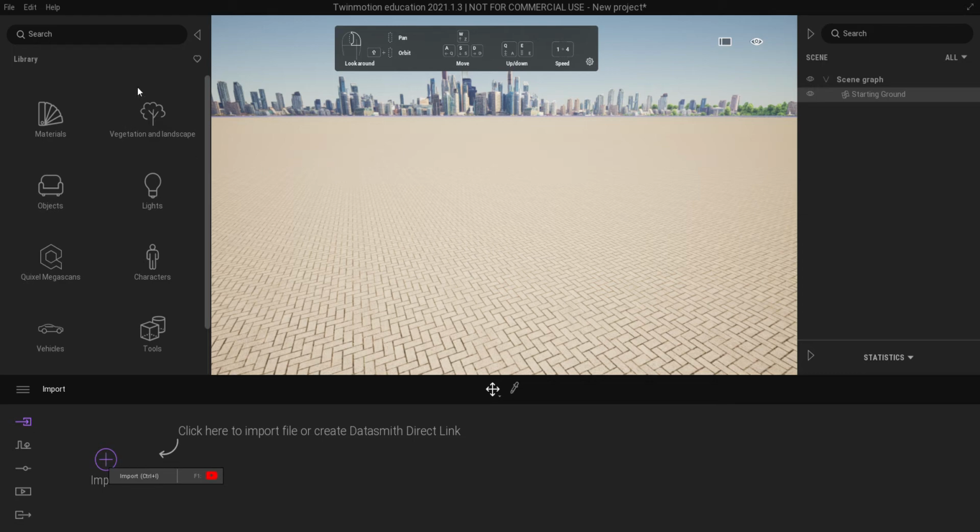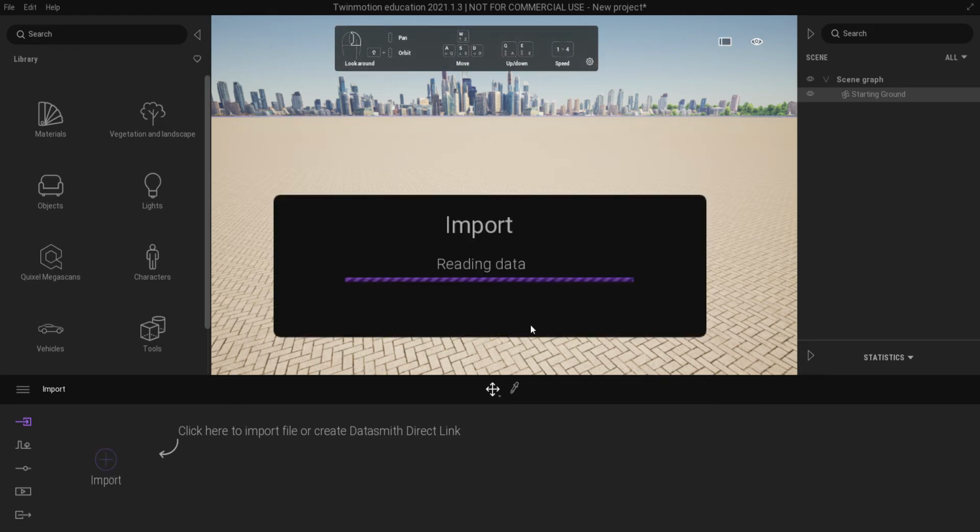Now, if you download a 3D model, there is a good chance that it will be in a zip file and you'll have to extract all the files in there first before you try and add it to your world. So just keep that in mind. I have already extracted all the content from this folder. I'm going to click on the object, hit open, hit OK, and wait a moment, and we should see the